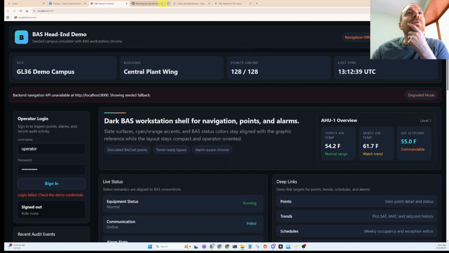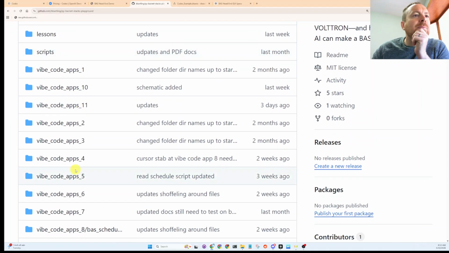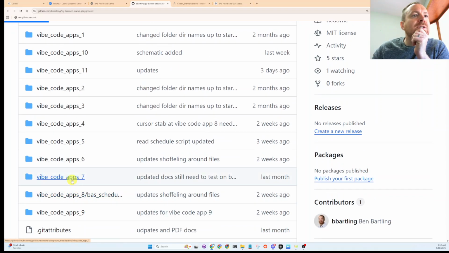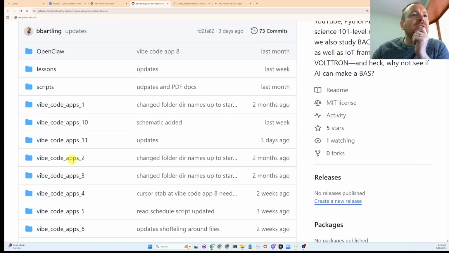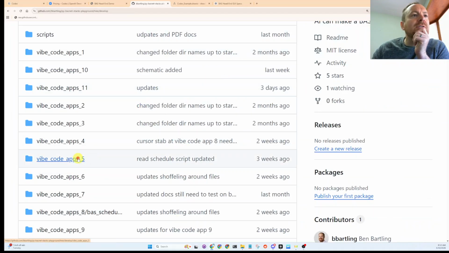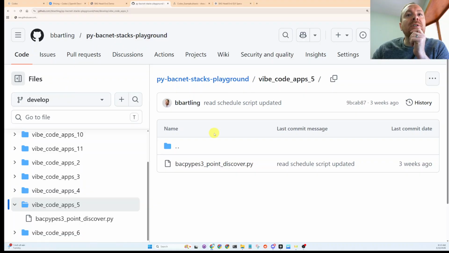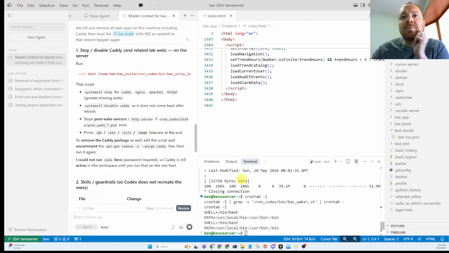Okay, so how can we improve on this? So I want to go here. If you remember, where did we get into point discovery? I think we got point discovery here. No, not that one. Like previous vibe code apps, maybe it was number 5. So I'm just on the BACnet stacks playground. This is the BACpypes3 point discover script. So I'm just going to go here and hit this copy button from GitHub. Copied, so then I'm going to go